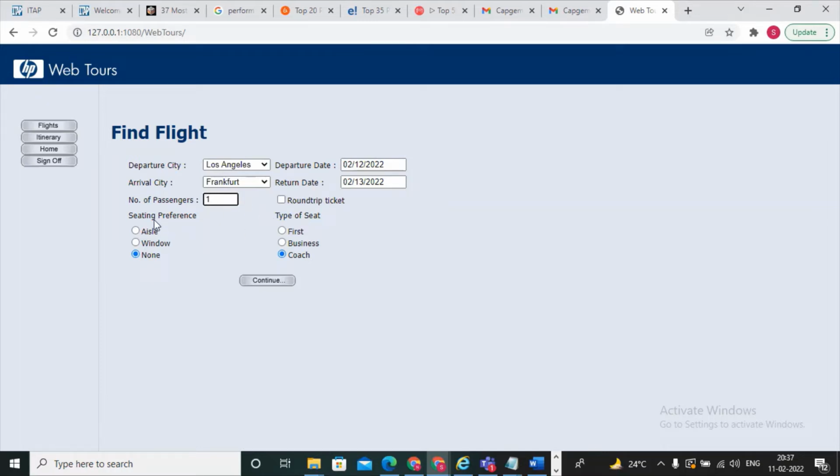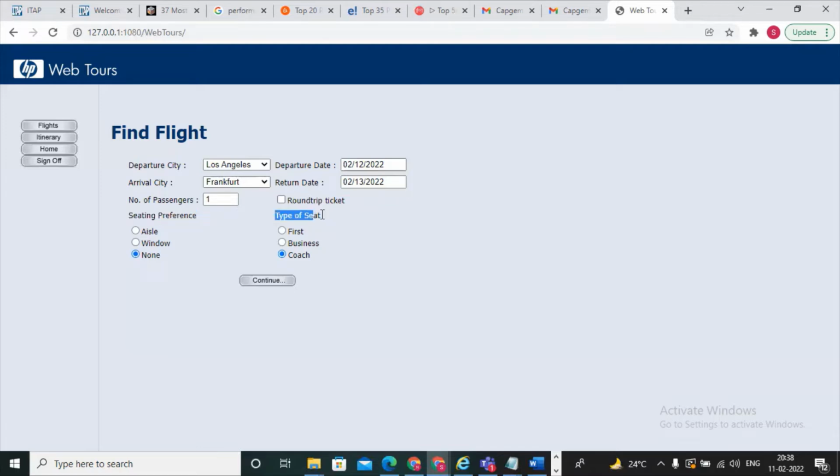After that, your seating preference: you are selecting, and we have different seat preferences. You are selecting a window. Maybe I'm interested in selecting a window, maybe someone is not interested, so someone selects some different one. At that point, the values change every time, depending on the customer, depending on the user. So this seat preference also we need to do correlation.